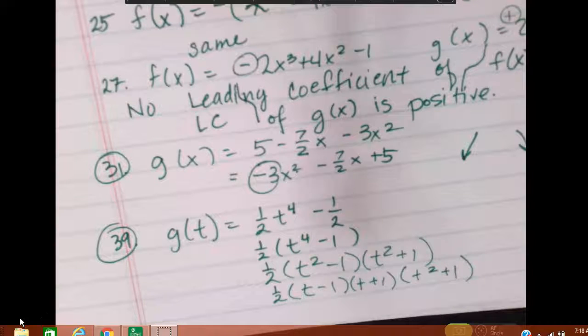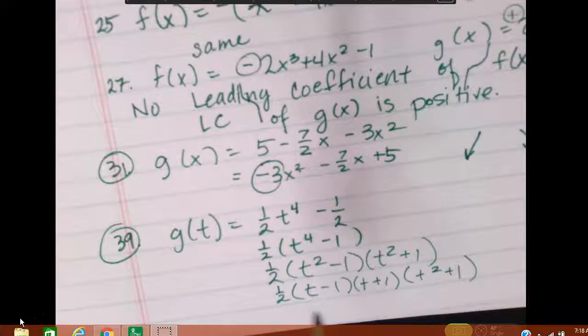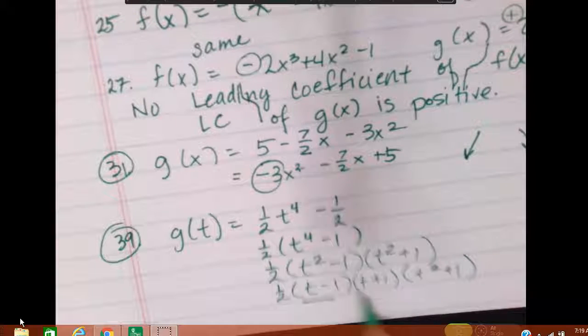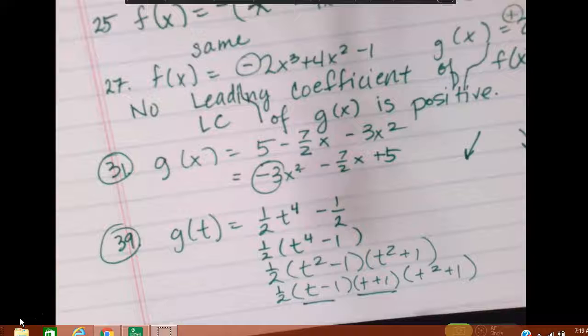I just kind of know that that one is going to give me some imaginary solutions, which we're studying in section 2.4, so I don't want to dwell on that too much. You can just trust me, and we could say that the -1 and the +1 are the only real